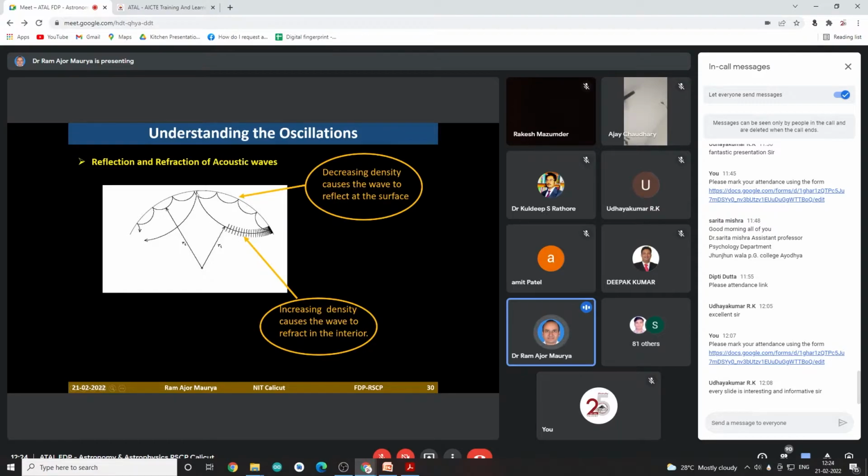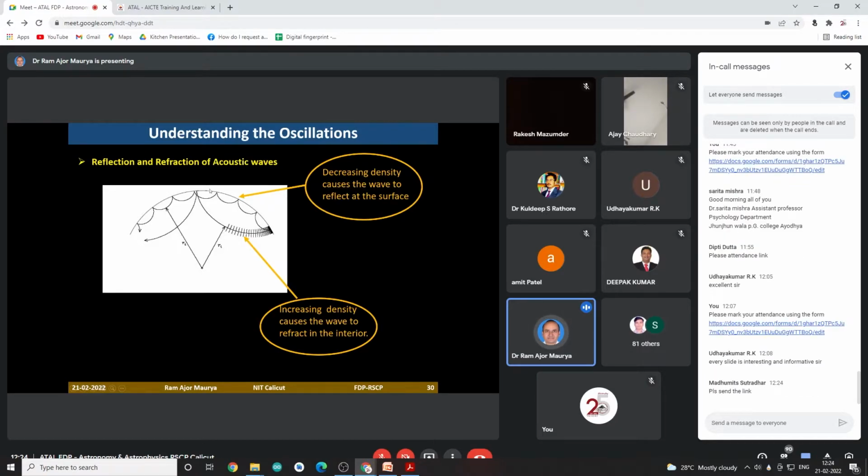Okay, and then when it arrives at the surface, the density suddenly drops. Here we have larger density, here we have very small density. Then what will happen? There would be reflection. The wave will reflect. So when it reflects, then again it will happen somewhere here, and again the wave will reflect. This way we can have several waves. They are trapped